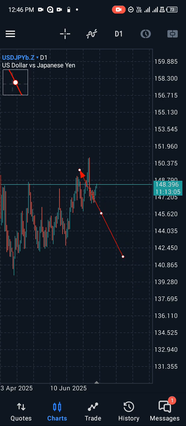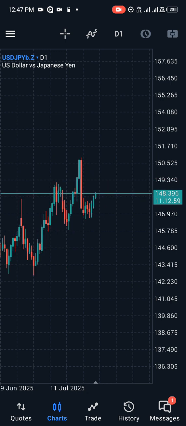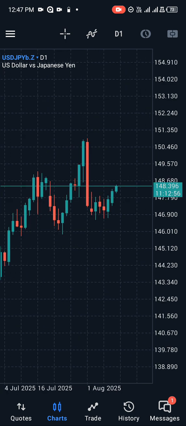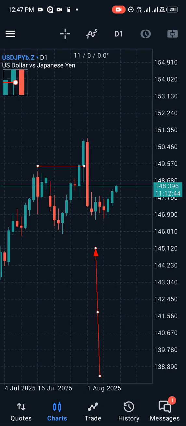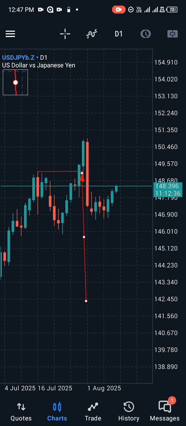After this recent break of structure, let me show you this. Let me delete this. Price broke structure to the upside. Here, let me mark it. It broke structure to the upside. Mark it here. After breaking structure to the upside,